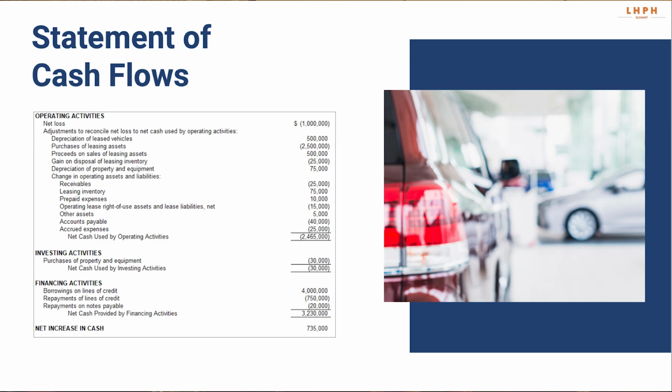So I want to show an example here of what that might look like. I know there's a lot of numbers on the page, so I just want to highlight a few things. First, at the top here, you'll see a net loss of $1 million. But if we look all the way at the bottom, we'll see an increase in net cash. So how do we get from a net loss to an increase in cash? Well, as we're walking through the add backs and the changes in working capital, there's one number that really sticks out. There's this $2.5 million here that was spent in operating activities.